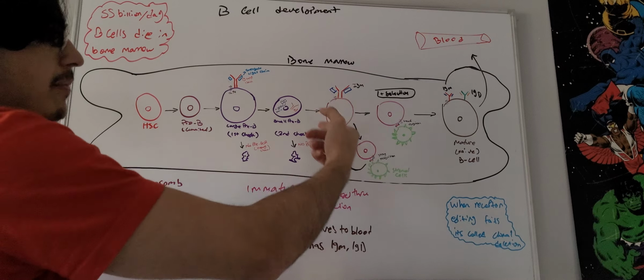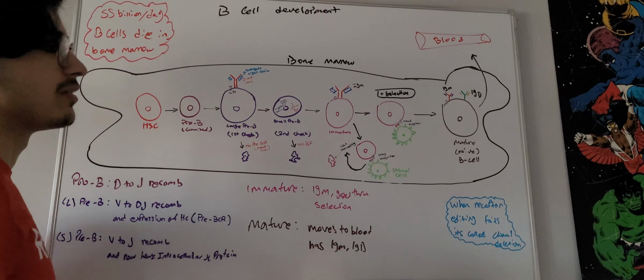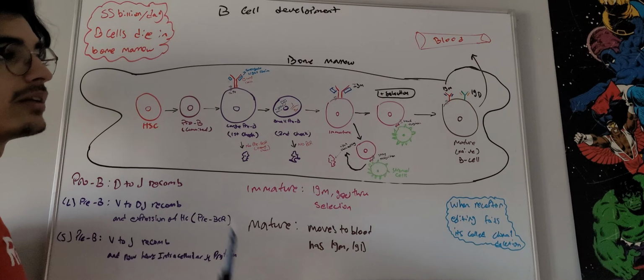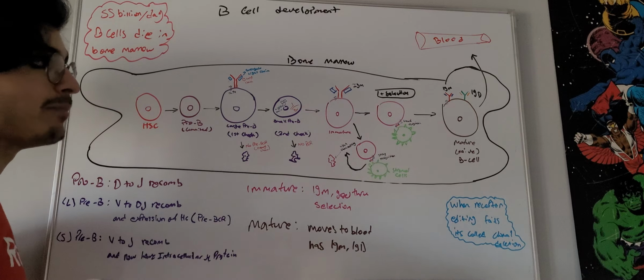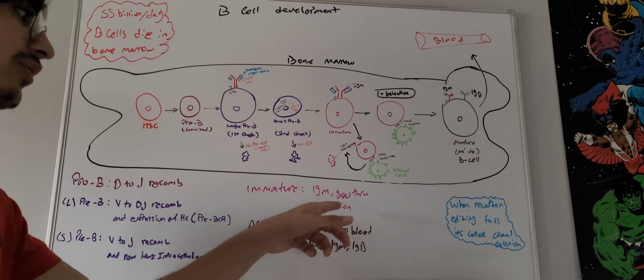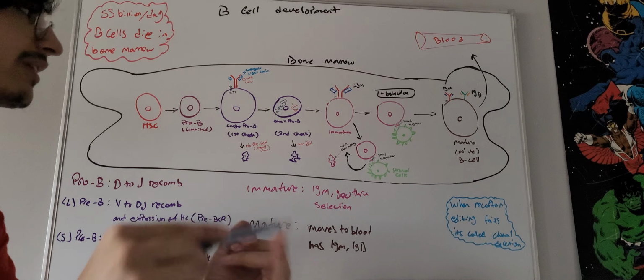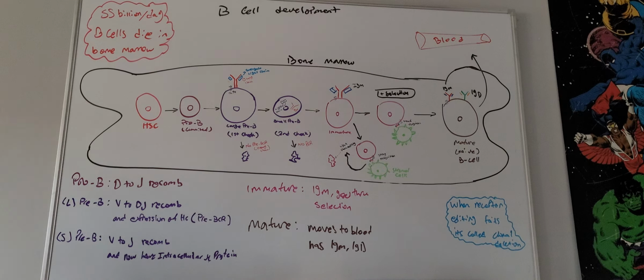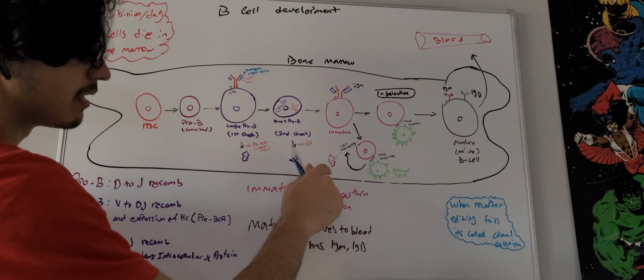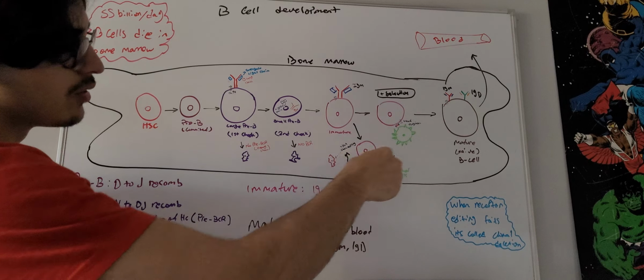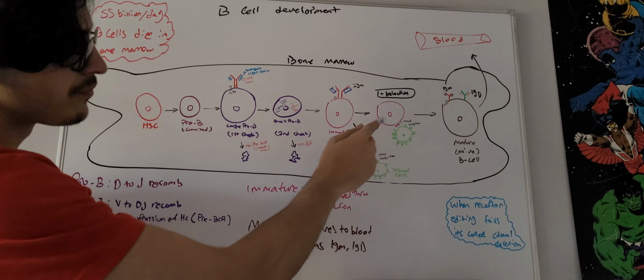Now look at this. The immature B cell has what? It has a fully functioning immunoglobulin M on it. Okay, and in this stage, the immature B cell is going to go through selection. Okay, it's going to go through positive and negative selection. Negative selection. Let's talk about this. So this is positive selection here. Within positive selection, if you have a weak recognition,